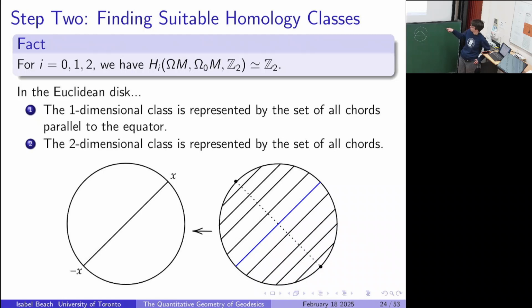So all of these chords make this one parameter family. And then the second dimensional class is just the settable chords. Now, of course, the question is, what does this mean on my manifold? Because I don't really know what a straight line is. Well, I know what a geodesic is, and straight lines kind of look like a geodesic, but there's not the same